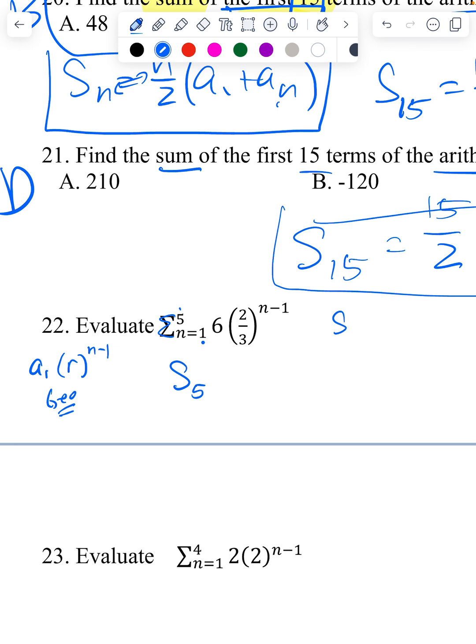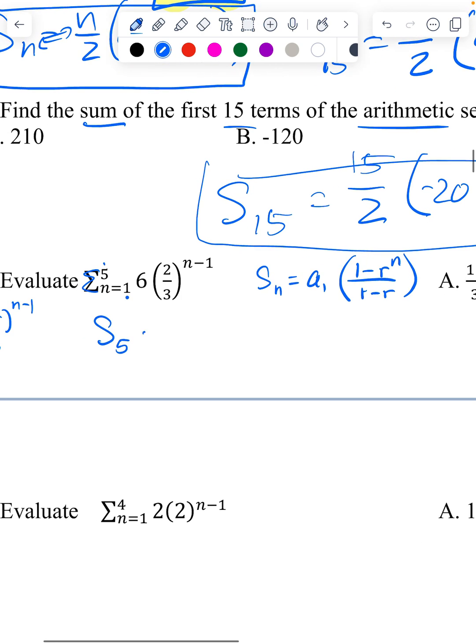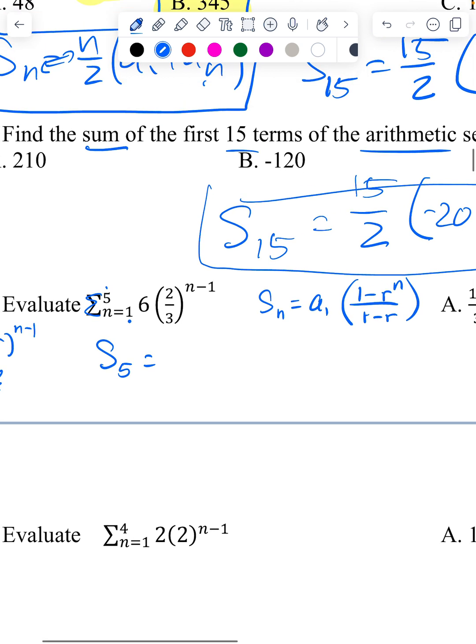When I look at my geometric sum formula, it looks like this. On my card, A1, 1 minus the ratio to the nth power, over 1 minus the ratio. So in this case, I have to find the first term by plugging in this bottom number for the n. 1 minus 1 is 0. Anything to the 0 power is 1. So my first term is actually 6. This is your common ratio inside the parentheses. So I'm going to have 1 minus and then my common ratio to the power that matches n